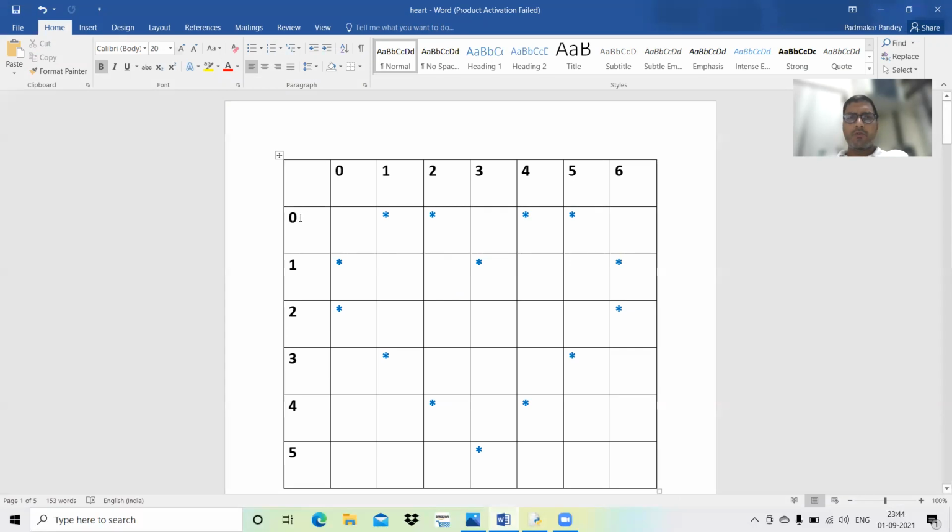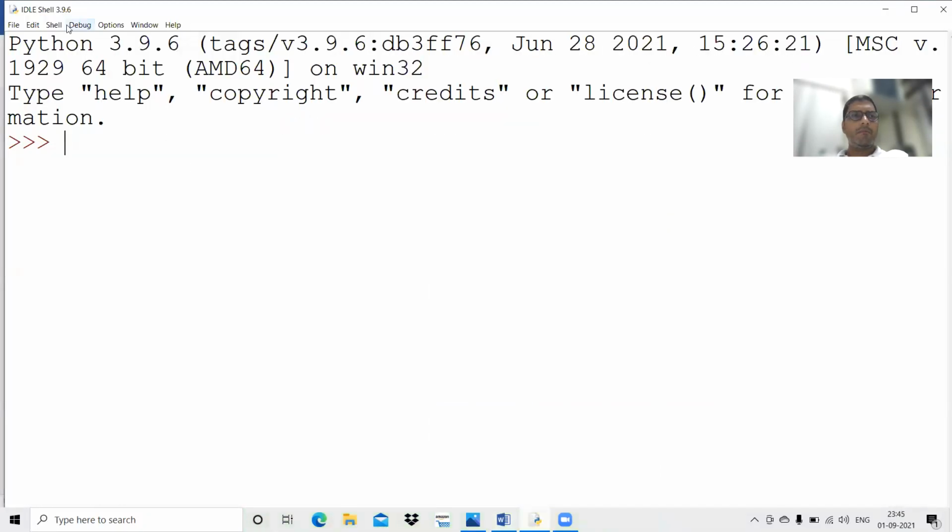There are a total of 6 rows numbered 0 to 5 and 7 columns numbered 0 to 6. So we will be doing it using a nested for loop. So let us see how it can be done.